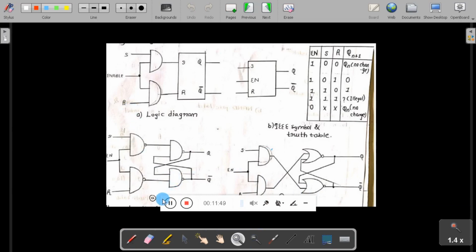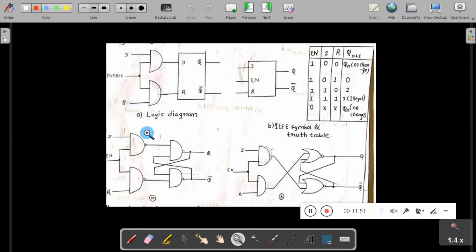Students, this is the circuit diagram for gated latches. So you can see here you have connected one enable signal between S and R by using an AND gate. So we are going to give the signals S and R through AND gates, which are controlled by the enable signal. So this is the logical diagram, and this is the symbol for the SR latch with the enable signal,